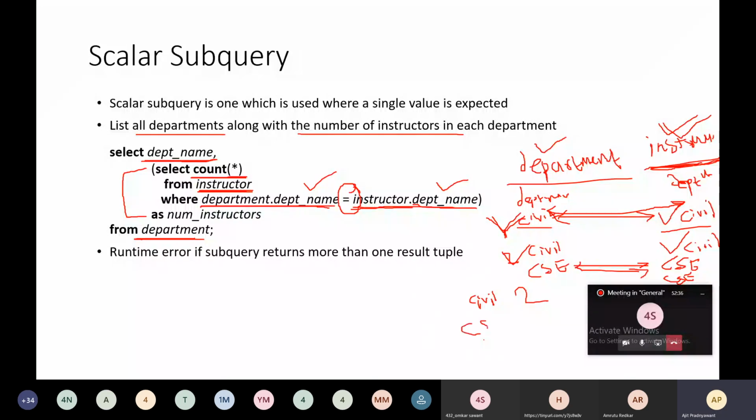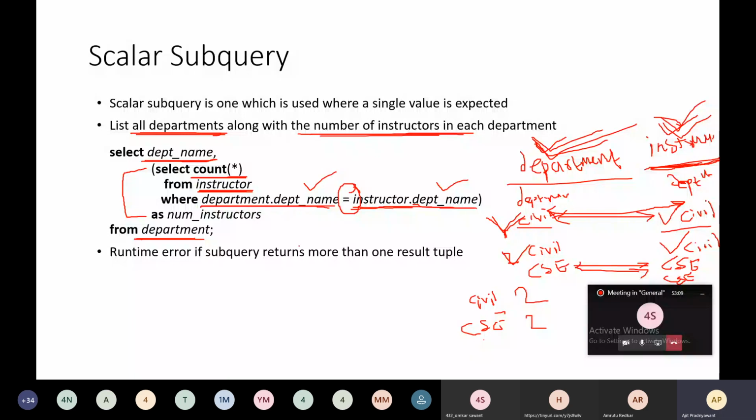Then CSE will have 2 instructors. Likewise, it will give you the list of all the departments present in the department relation, along with the number of instructors in each department. The list of all departments you will get from the department relation, and the number of instructors in each department you will get from the instructor relation.